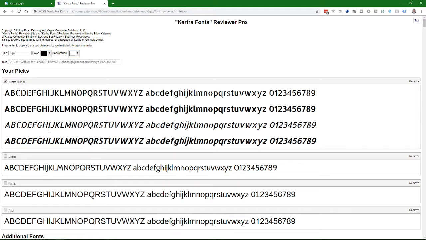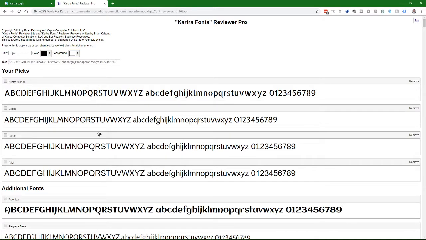So this can give you a lot of extra feedback. You can see the stencil effect is still visible in the italic, but in the bold and the bold italic, you don't get to see the stencil effect anymore. So this can give you some good feedback on what the font is going to look like in a number of different conditions. And if you're comparing, you could say, okay, maybe I like cabin better, so I'm going to